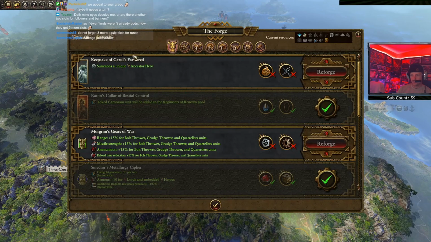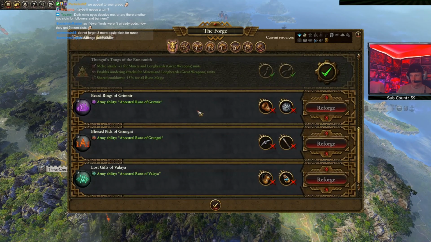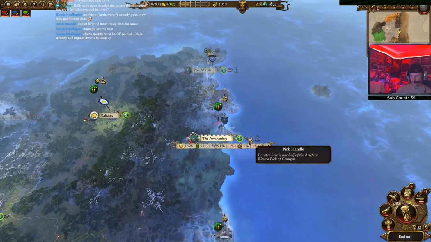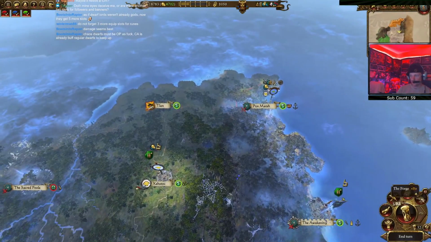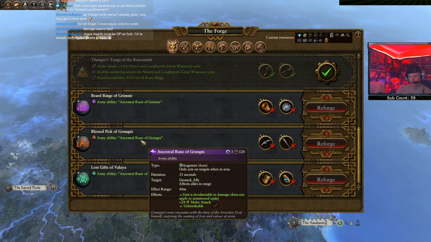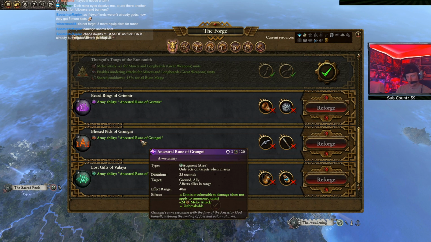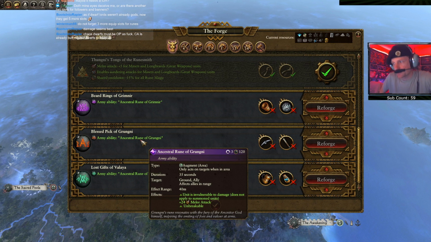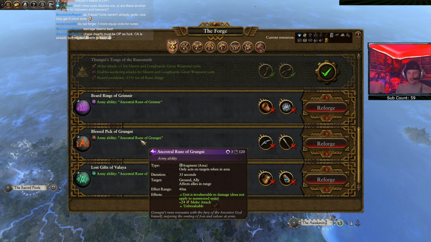Let's see here. So up here we have... This is the pick handle, which is part of the Blessed Pick of Grungini, which is the one that allows you to make a unit invulnerable and give it 24 melee attack for 35 seconds, 3 times during the course of the battle. Chaos Dwarves with the OP are already buffing regular dwarves to keep up. I mean, the Chaos Dwarves are honestly ridiculously strong in lore, so...